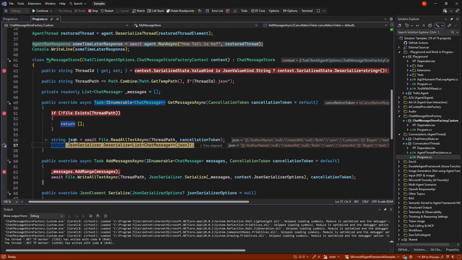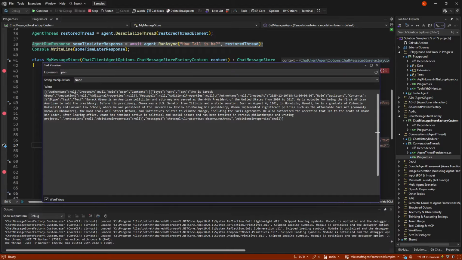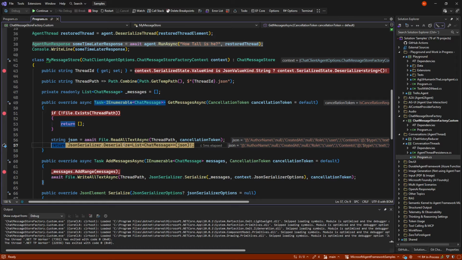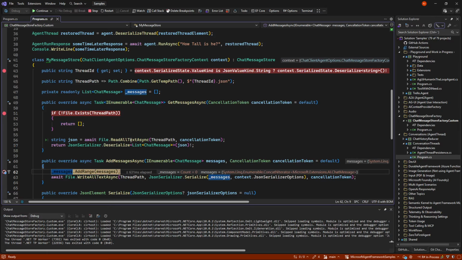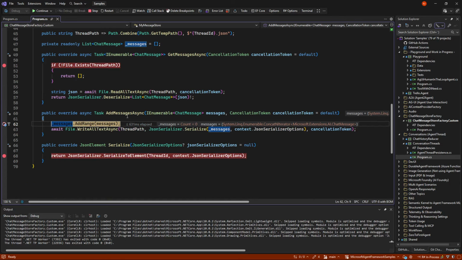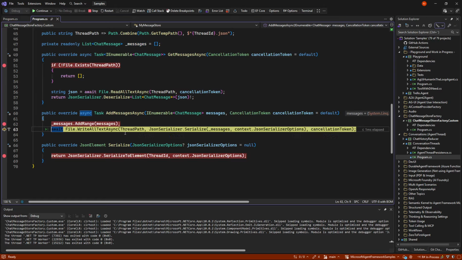We can read it up in JSON, which was the first question and the first answer. And we can deserialize it and get it back. So on the fly, we give those extra messages to the user. And now it comes back telling how tall he is, and we will save that down into the thread again.